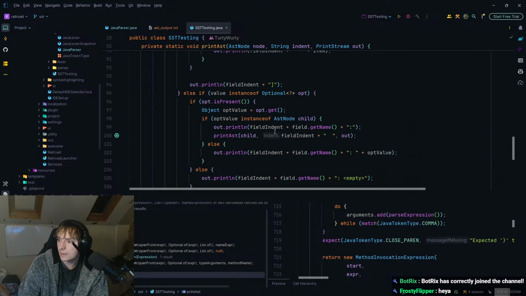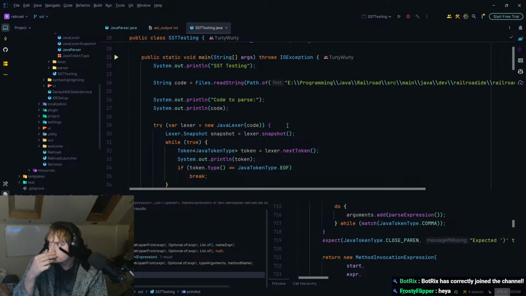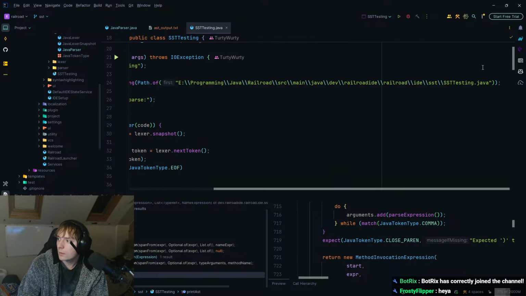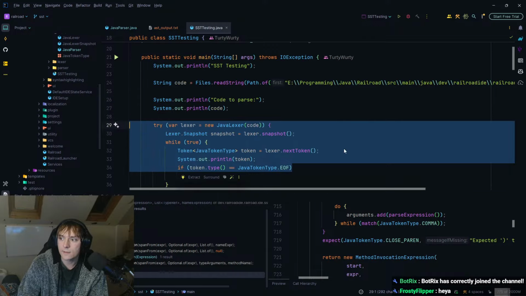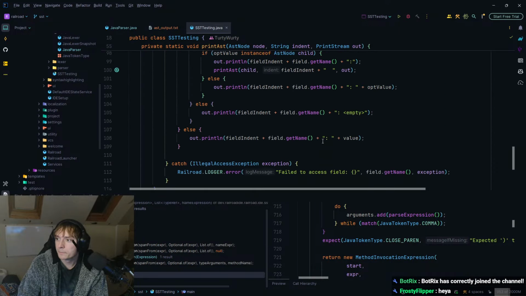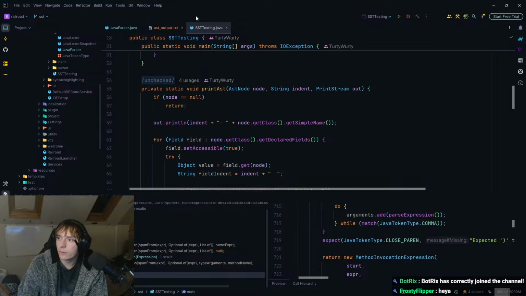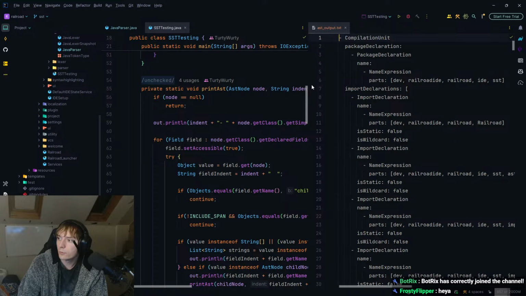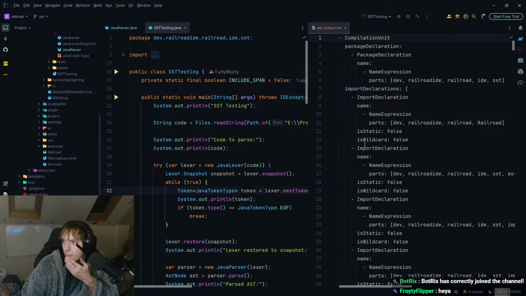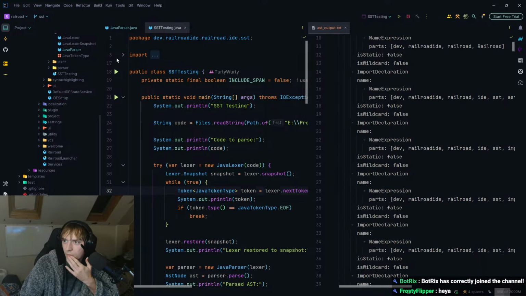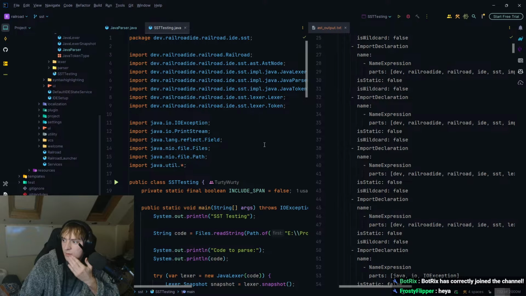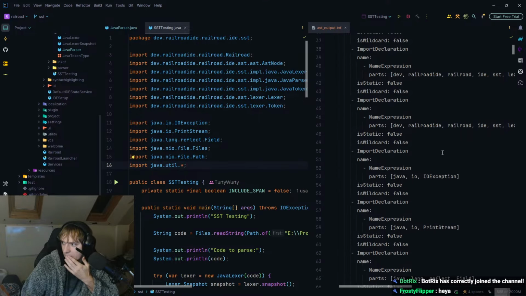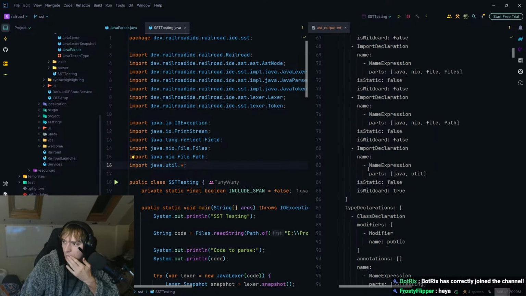So the code that it is running is this file, this SST testing file. Okay. Now, there were a couple of issues, I believe, with types. So let's try and find a way to split, and then we can view them both at once, kind of side by side. So, package declaration, those are all fine. Is this one fine with the wildcard? Let's have a look. Is wildcard true? Yes, okay, that's fine.